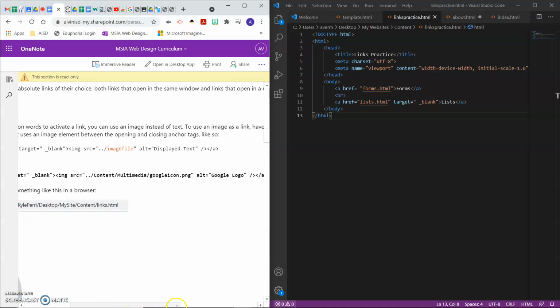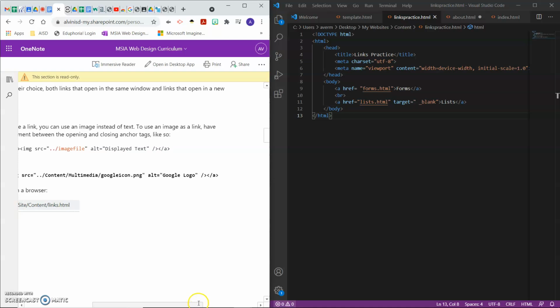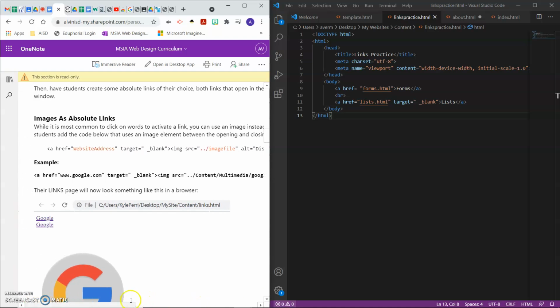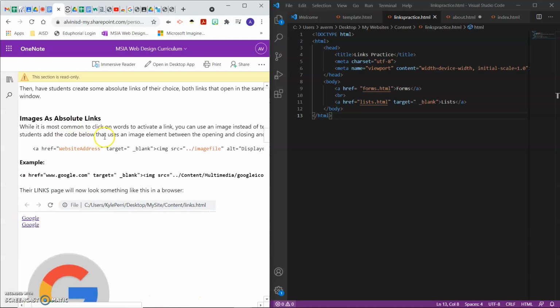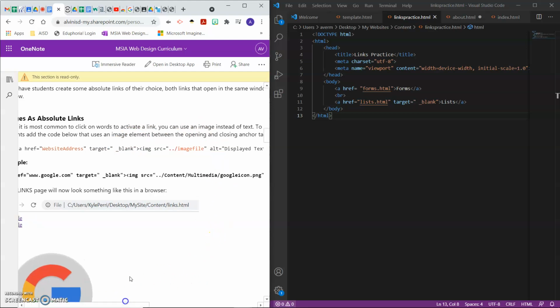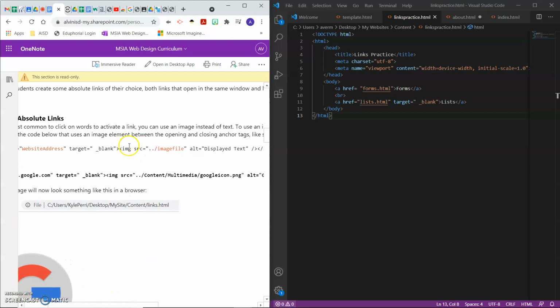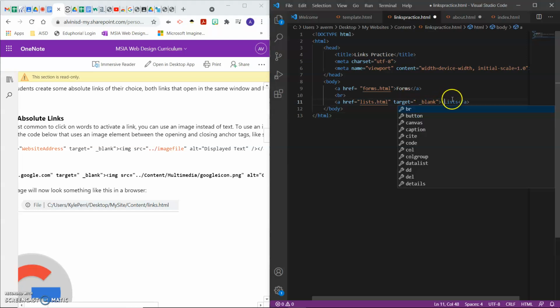You can also use an image instead of text. To use an image as a link, you need a code below that uses the image element between the opening and closing tags. All right, so you do the normal target equals _blank, then do the image. All right, let's see. image source equals